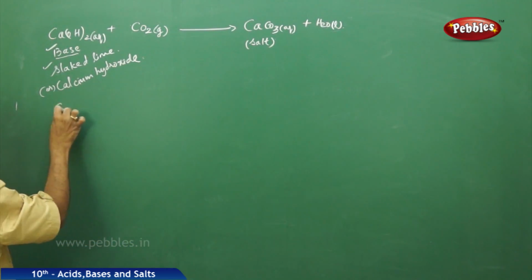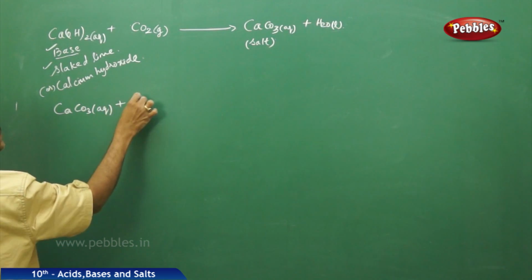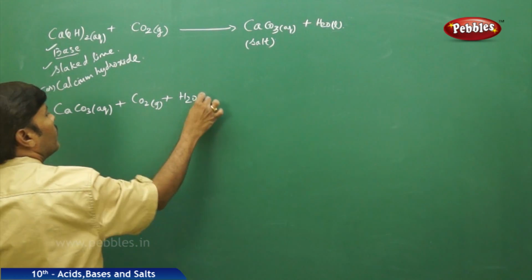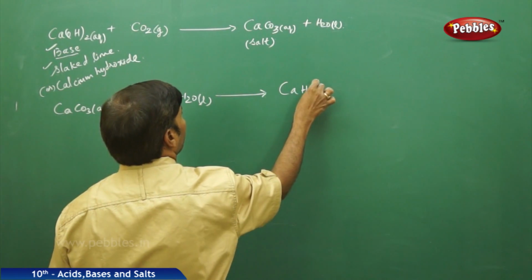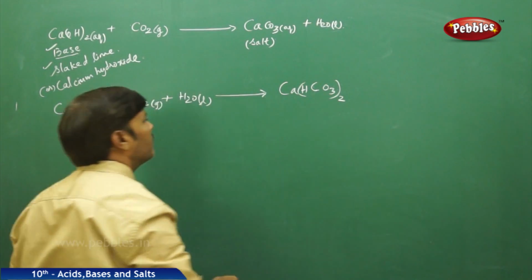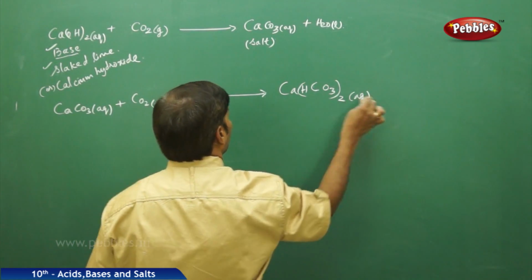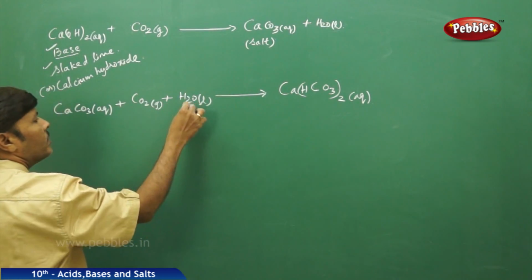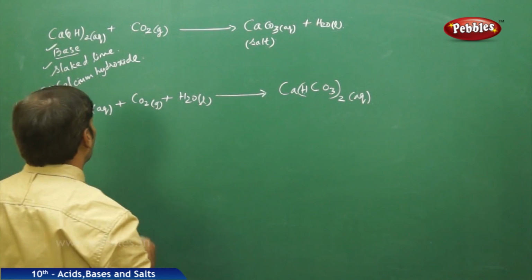Now take this calcium carbonate aqueous, again you pass some more amount of carbon dioxide gas and add a sufficient amount of water, then you get a bicarbonate, Ca(HCO3)2, that is Ca(HCO3) taken twice. Check out the balancing of the equation: you can see that there is one calcium, 2 hydrogens, 2 carbons and 6 oxygens. So therefore here a salt,